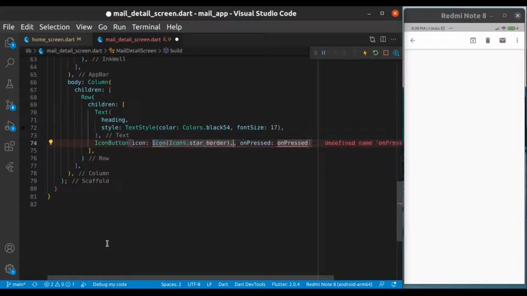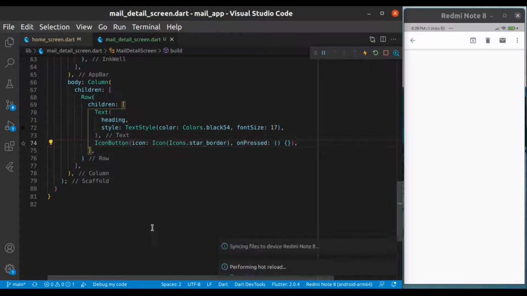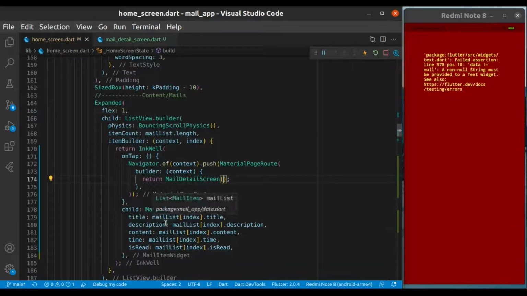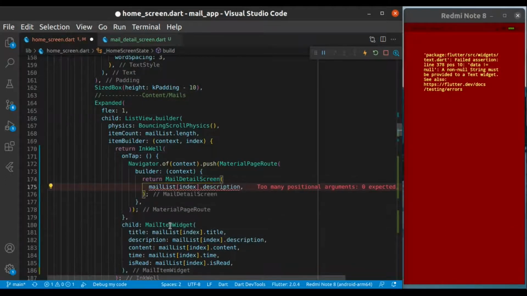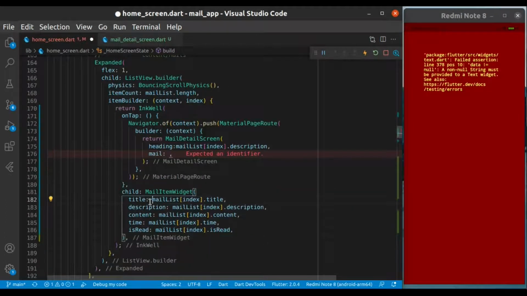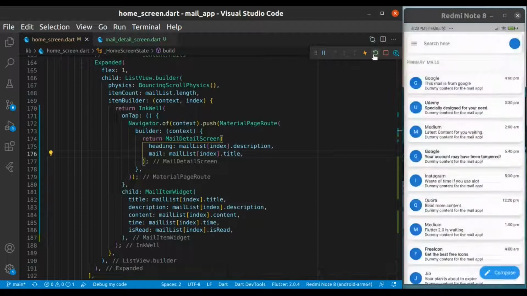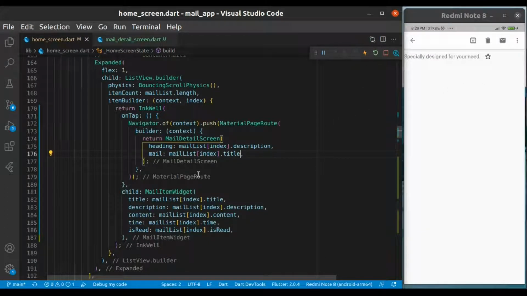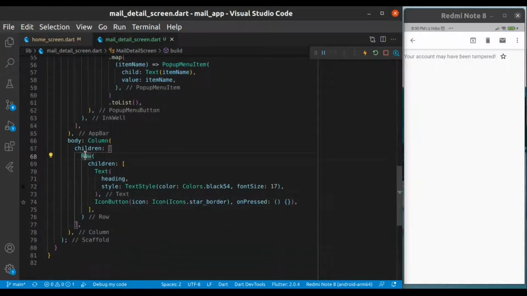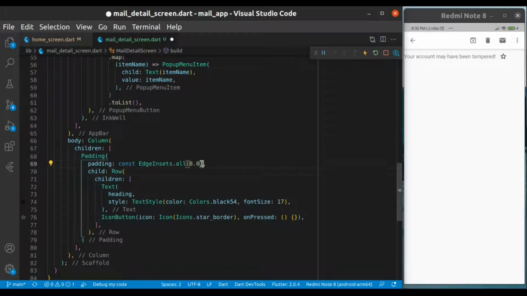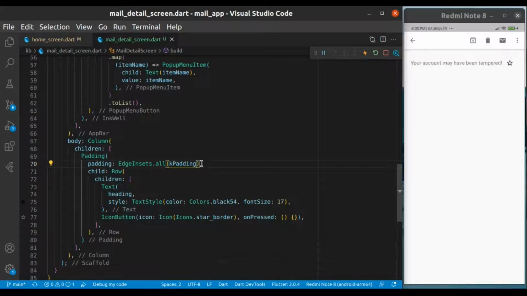Actually, I have to remember that it already provides us the default settings like 24. Oh, we forgot to provide it in the home screen. Now we're going to provide some values to the heading and our mail. Just copy paste the title, and from the title and heading we will render the detail screen, the mail detail screen. Hooray! Now this time we're going to place some spacing on the text widget and tweak some values.